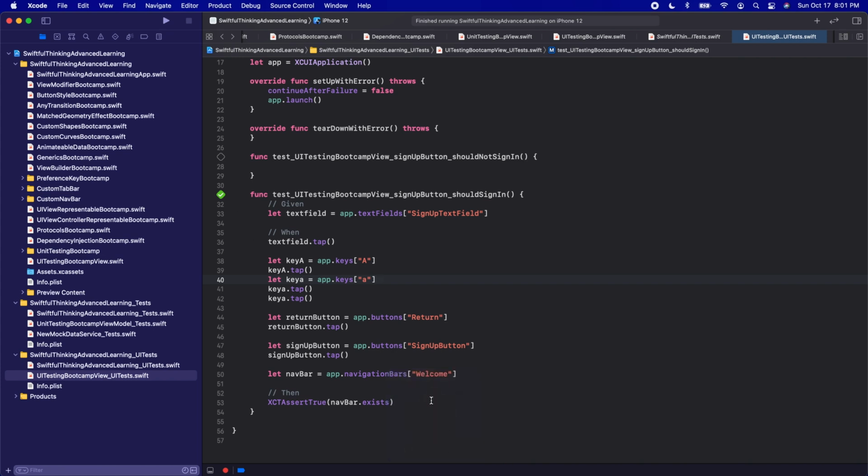We got the green check, test succeeded. So that was the first test that we were testing, and clearly it worked. I hope that did make sense to you guys. But now that we know how to basically write a test, we can move a little quicker and write the